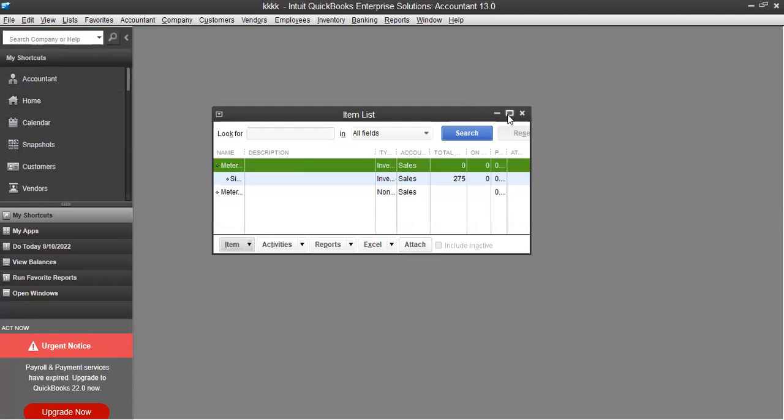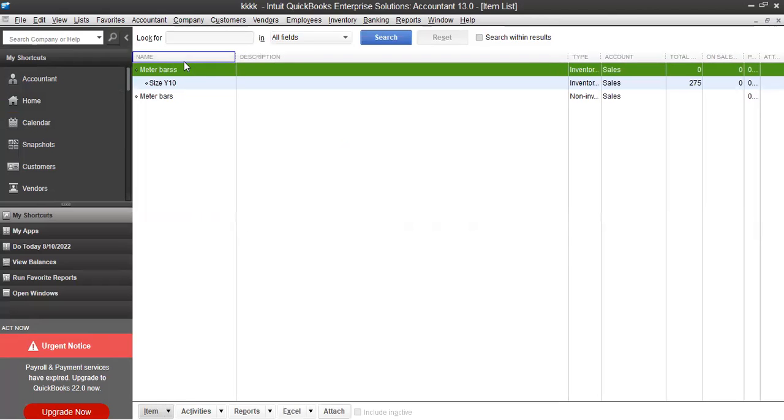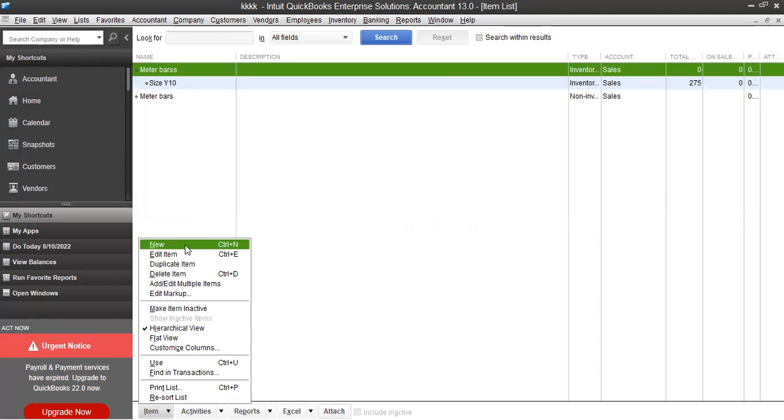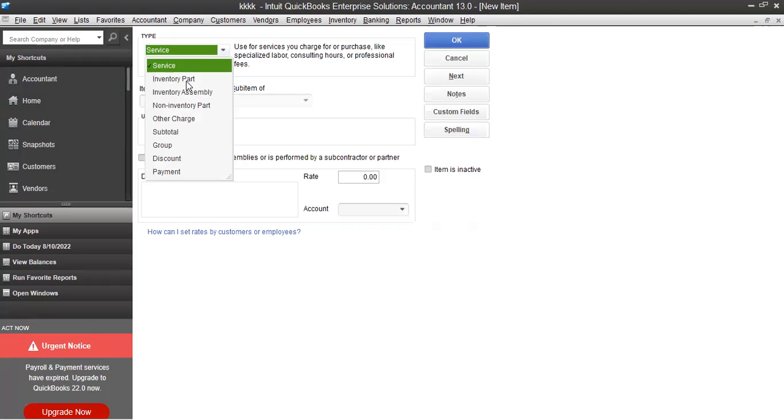When you expand, you see what's there. So far we captured size Y10, which is under metal bars. So let's put size Y16. You come here under item and add a new one. When you click on new, this is what will come. So you say inventory part,